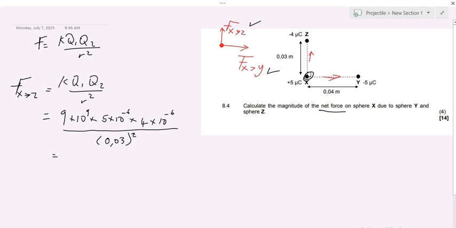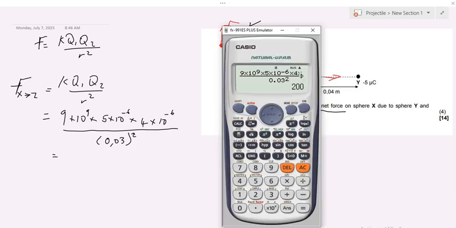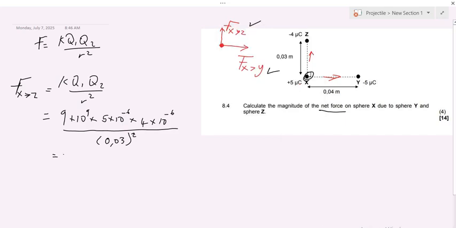Okay, now let me grab my calculator real quick. When I apply my calculator, it tells me it's 200 newtons. Its direction is upwards. Then now we can simply copy this. Now we want to do Fx due to